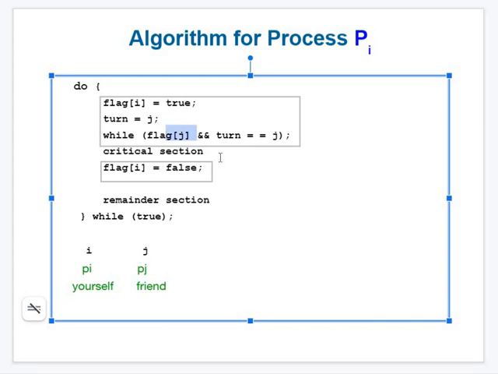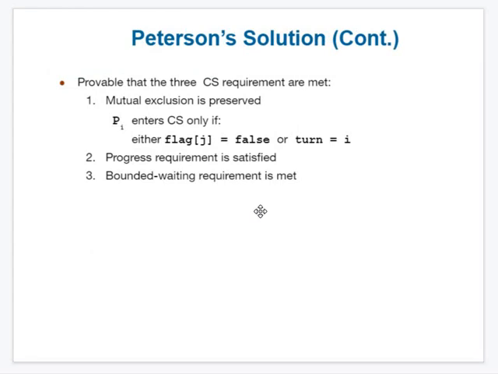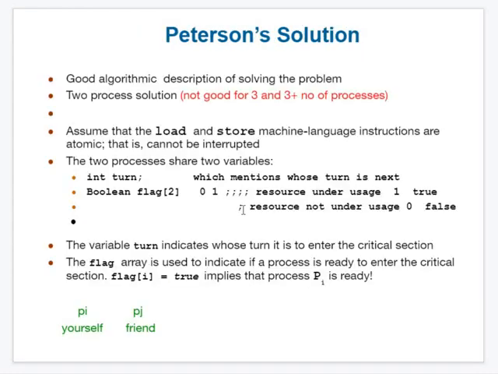If it's a Wednesday and also he has waited for 2 days, then who will enter? Your friend will enter the critical section, and you are going to lose it, because of two good cases. What are they? One is Wednesday, second, he has waited for 2 full days. So this is how to analyze Peterson's algorithm or solution. Okay, so here the Peterson solution completes 3 basic points. What are the 3 basic points?